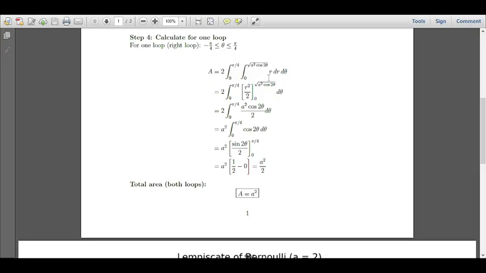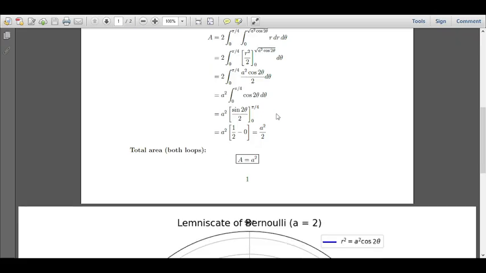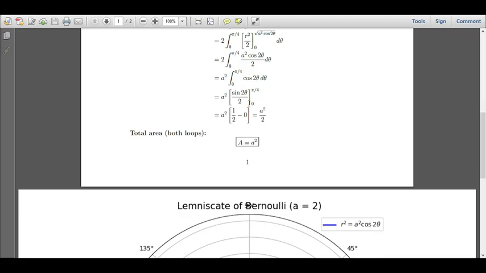So first we integrate this integrand with respect to r, treating theta term as constant. Integration of r is r square by 2, r varies from 0 to root over a square cos 2 theta. Now substitute the upper limit, we will get a square cos 2 theta by 2. So 2 cancel, a square is constant, integral 0 to pi by 4 cos 2 theta. Since integration of cos 2 theta is sin 2 theta by 2, theta varies from 0 to pi by 4. Now substituting the upper limit, theta equal to pi by 4, this is 1 by 2, minus substituting the lower limit 0, this is equal to a square by 2.